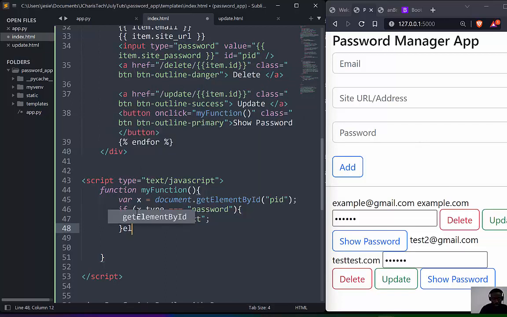Else, do the other stuff, which is going to be